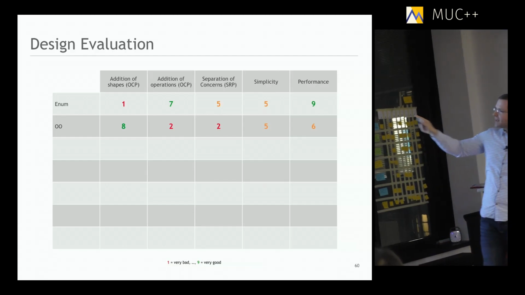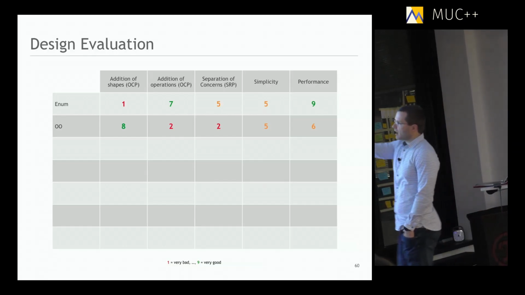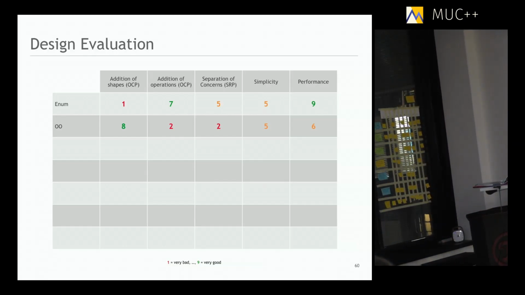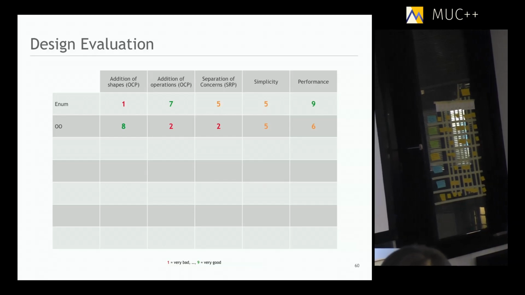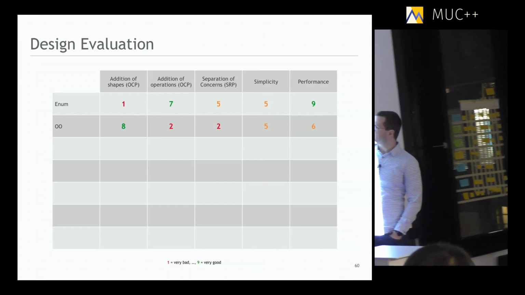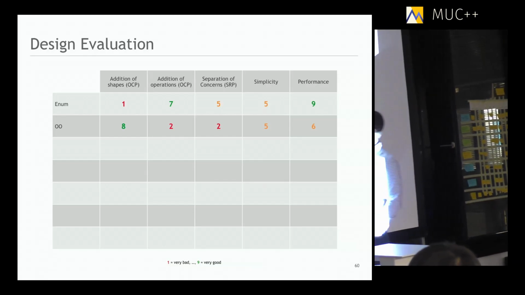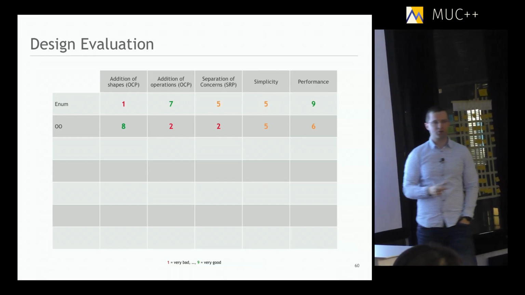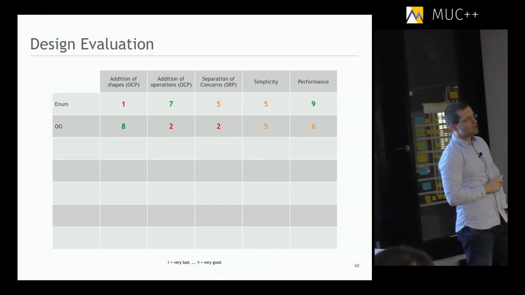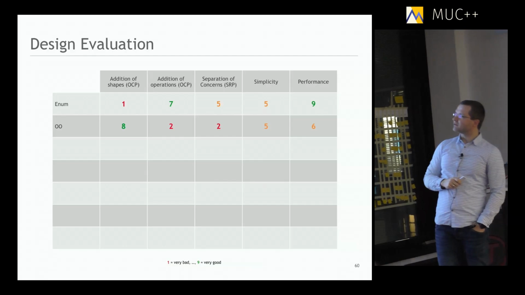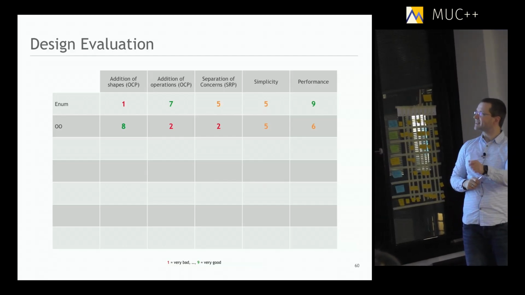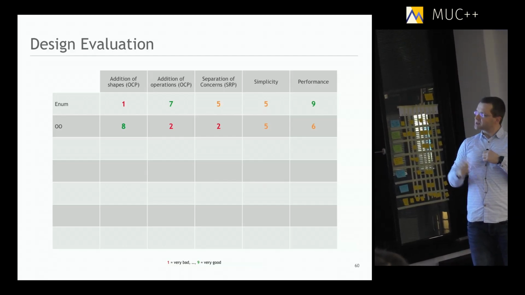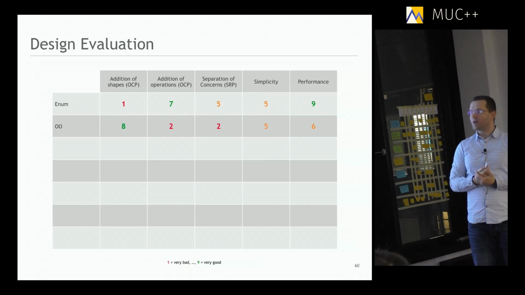Now, totally different solutions. Yes, of course, you might rate adding of shapes higher, so this is the solution you would like to go for, but still, it's kind of the contrary. It's not equivalent solutions to the problem. Let's go back to the enum solution and let's try to find something that enables me to easily add operations,